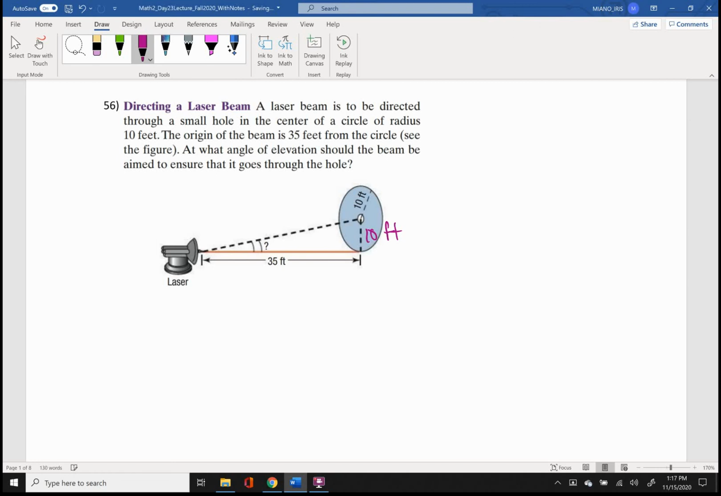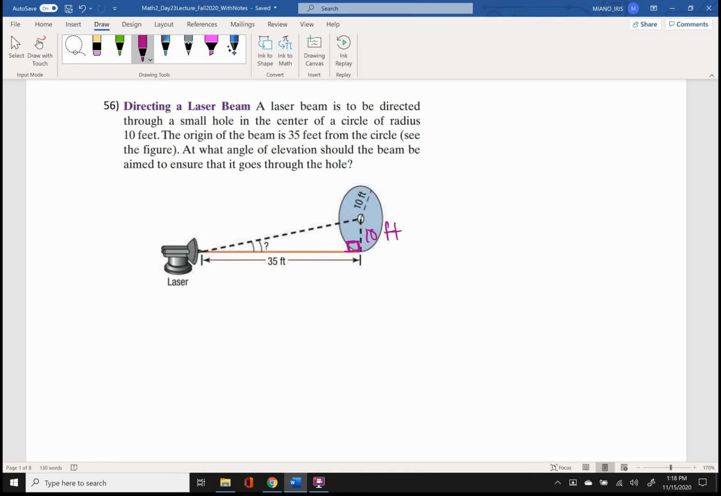Okay. And let's also assume that the angle made from the origin of the beam, so this orangish line, the radius of that circle, let's say that the angle formed here, we have to assume that it's a right angle, so I'm going to put a little box in that corner. So if that's the case, then we have this right triangle with legs of length 10 feet and 35 feet. So we can find the angle measure opposite the 10 foot or adjacent the 35 foot length in order to